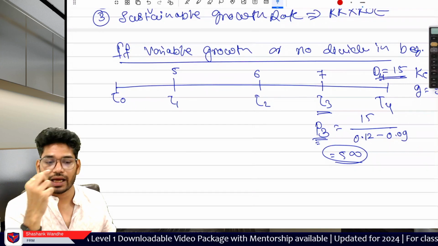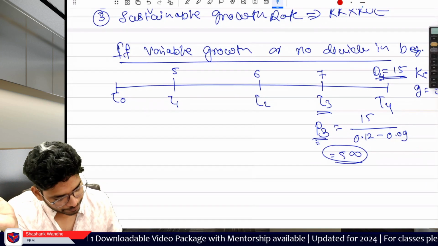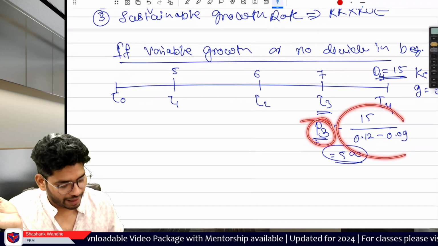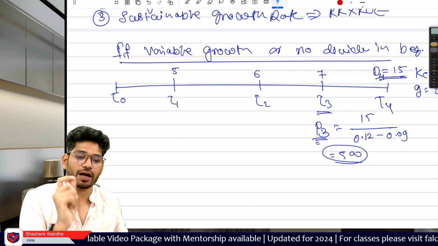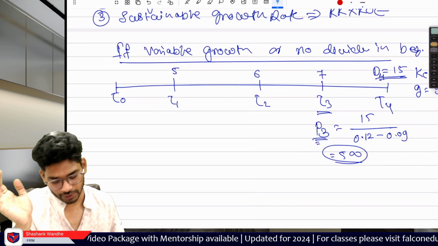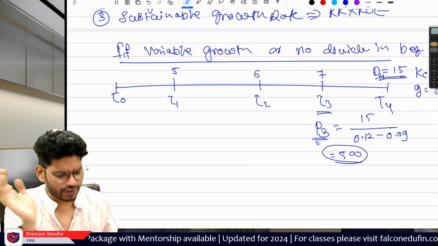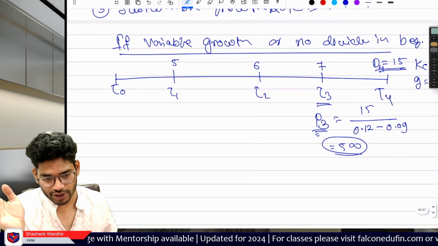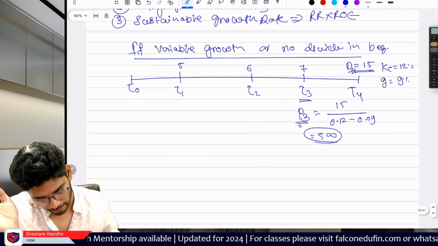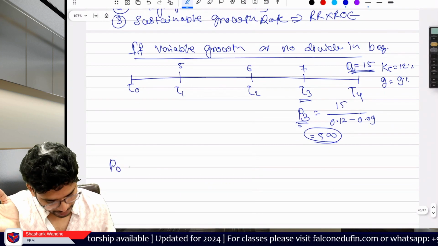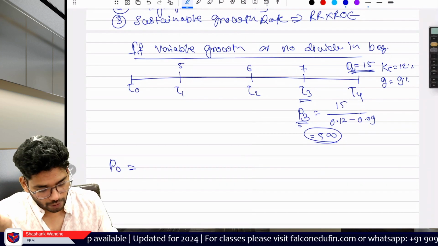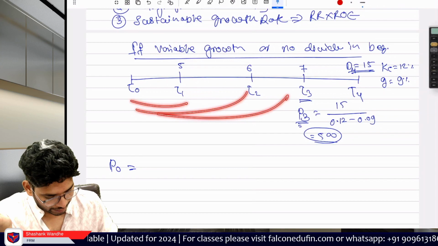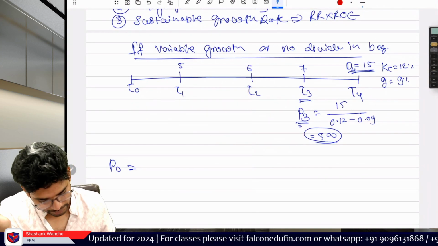Now in this case, how to do the calculation? Very simple. Again, you have to follow the same step. Calculate P3, the terminal value at T3, using the same formula. Rest of the information is the same, right? Now, to calculate P0, we have to simply discount each value separately and then this one also.